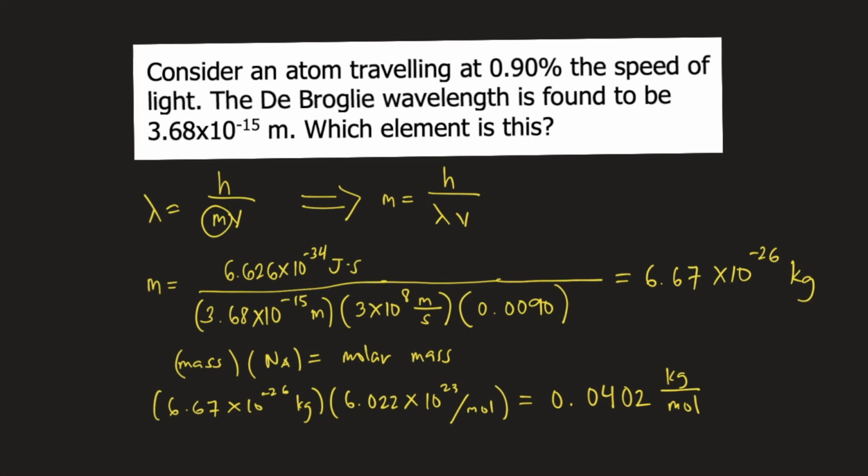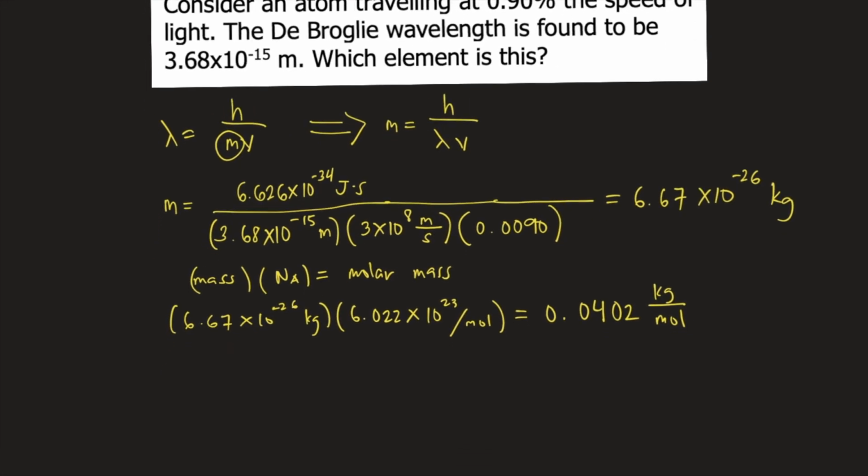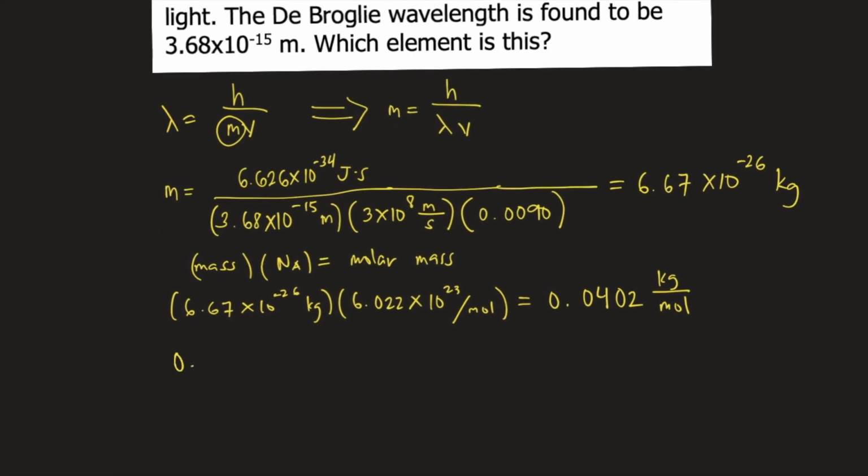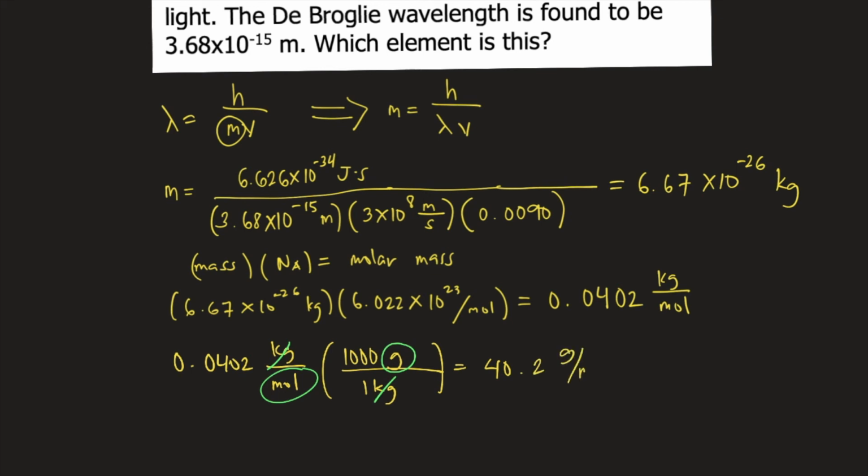So let's convert this to grams per mole. So 0.0402 kilograms per mole. We know that 1 kilogram contains 1,000 grams. So kilograms will cancel. We are left with grams per mole. So this is 40.2 grams per mole. And if you check your periodic table, the element that has the molar mass closest to